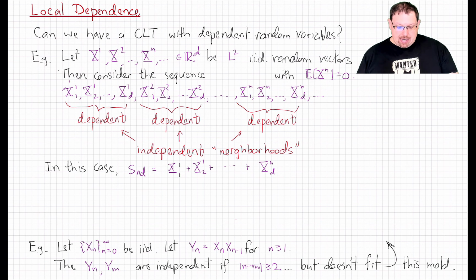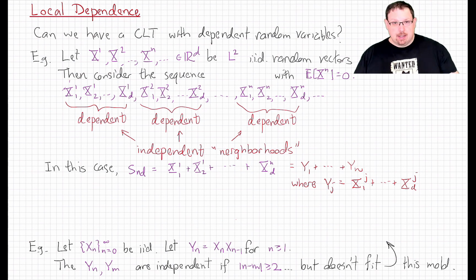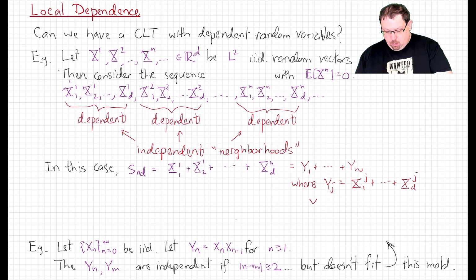Now, this example has a lot of structure, and in fact, we'll be able to put it in a form where the classical central limit theorem will apply, because we can write the sum of the first n times d terms as a sum of n random variables, y1 through yn, where yj is the sum of the entries of the jth random vector. Now, because these neighborhoods of size d are independent, we see that the yj are independent by the grouping lemma,